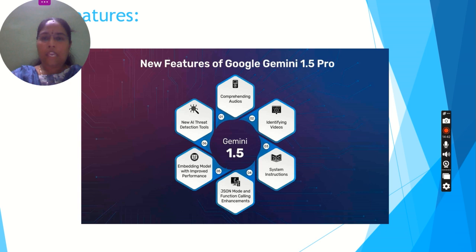And AI threat detection tools, so it is also helping us in detecting threats. Something like deepfake, you all know that issue, right? Some deepfake faces were masked, and there were wrong photos of some people. It is a threat to AI, right? People have used deep AI wrongly and are creating some useless things. This kind of thing can also be monitored using keywords and other things in this Google Gemini 1.5 Pro,